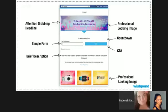And add a simple form asking for only email address and name. Generally, that's our advice. Try to keep the steps to a minimum. Anything more will decrease conversion rates in general, but that does also vary depending on what prize you give away. So if you're giving away a huge prize like a trip to Alaska, of course you can make them work a bit harder and add a bit more information, but keep in mind if you're giving away a prize that's, I don't know, in the $25 range, just ask for an email address,